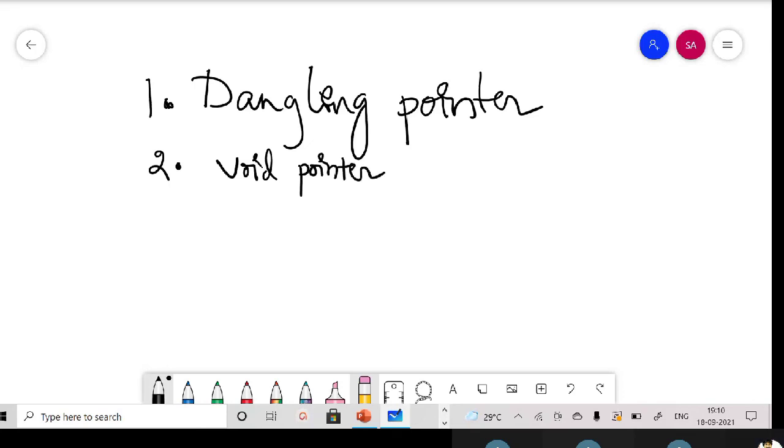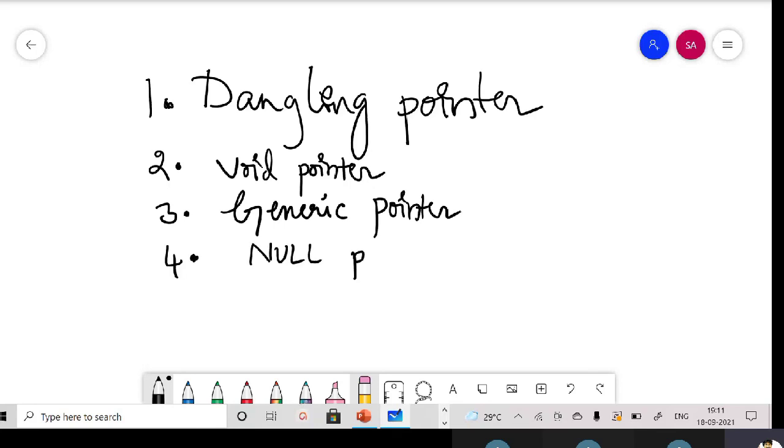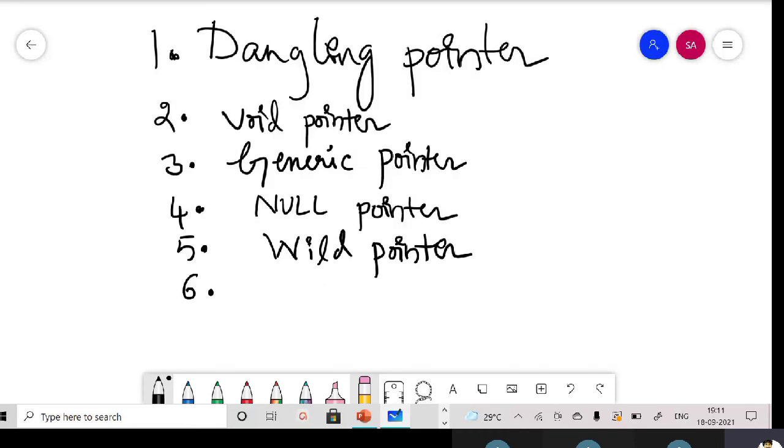Void pointer. And there is another pointer type known as a generic pointer. And there is another pointer called null pointer. And there is another pointer called wild pointer. And there is another pointer known as huge pointer.